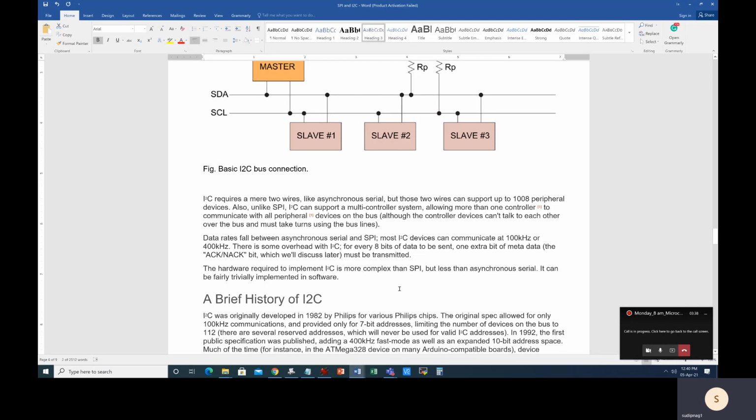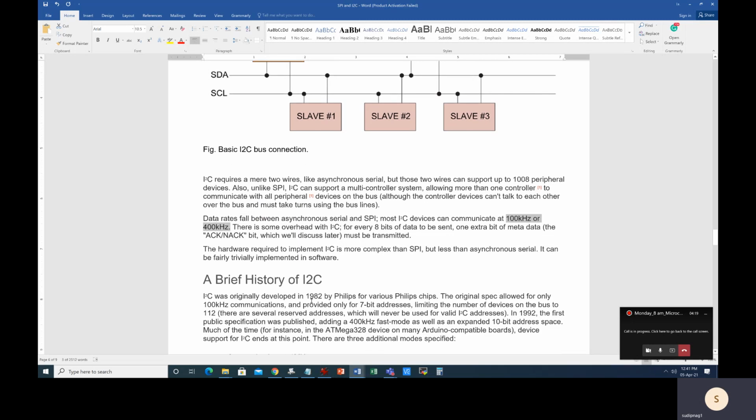Now I2C is slightly different from SPI because there is no chip select line or slave select line available in I2C. I2C was originally developed by Philips Semiconductor in the early 1980s, and this protocol later became very popular and people have started adopting the I2C protocol very widely in practice. Typically, data rates in I2C range from 100 kilohertz to 400 kilohertz, and there are timing diagrams associated with I2C that we will see later on.